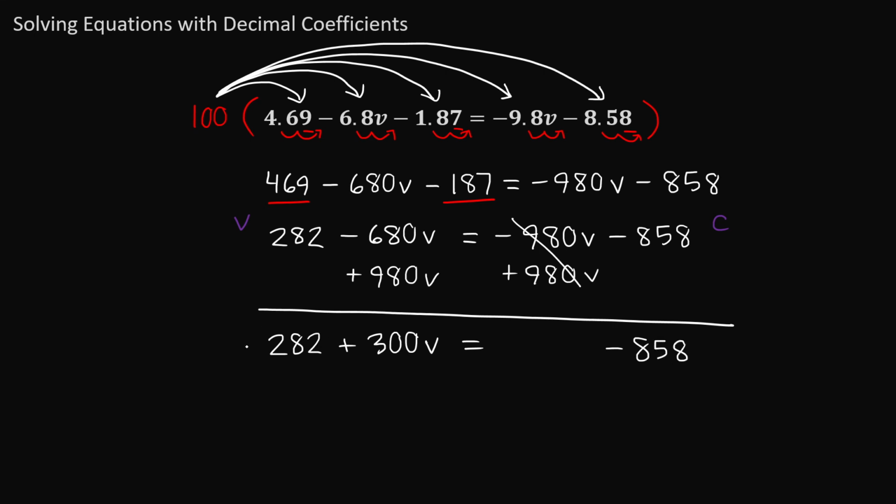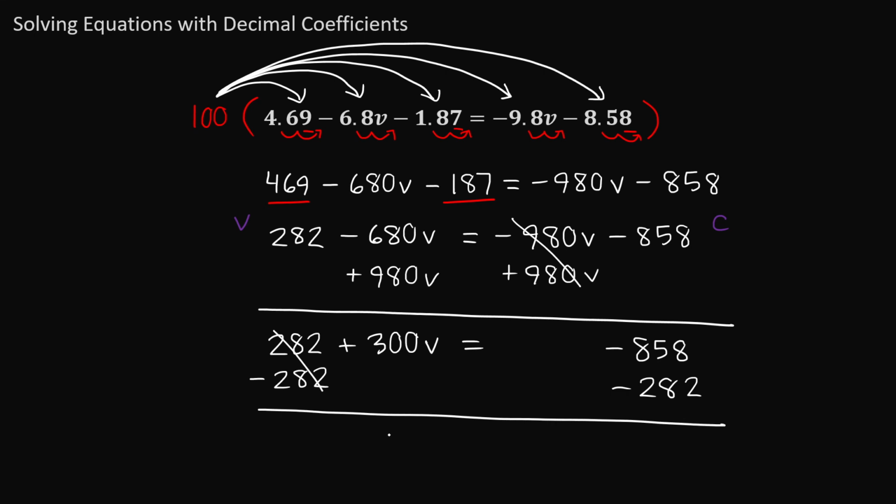From here, my constant that's on the left side of the equation, 282, needs to collect with negative 858. To do that, I'm going to subtract 282. 282 minus 282 equals 0. And do the same thing on the other side of the equation. We're left with 300v is equal to negative 858 minus 282. That's going to be a larger negative number. So basically we're combining these. And the sum, or the difference, is going to be negative 1,140. And if I divide both sides by 300,